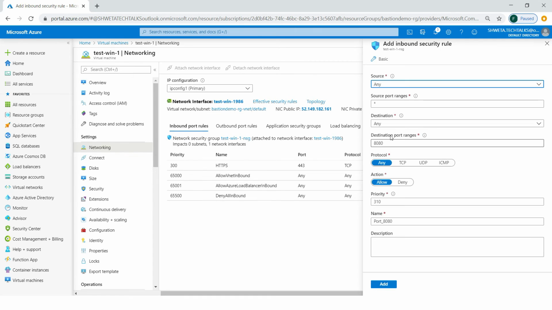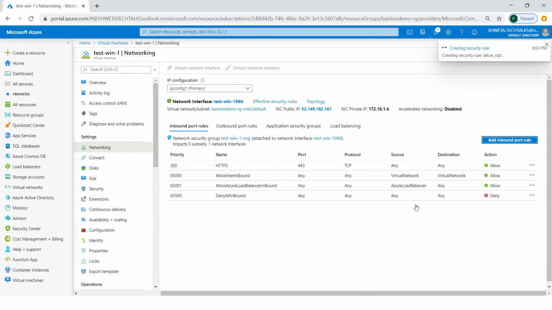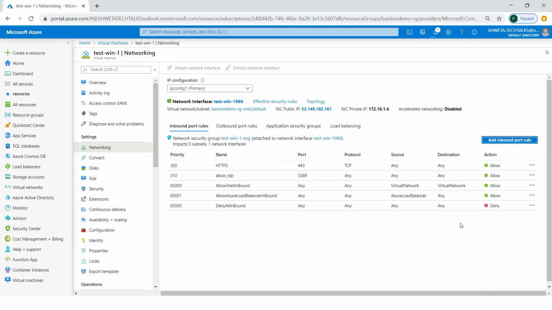Let's add an inbound port rule. Let's give 3389, allow RDP. So now it's creating a security rule for allowing inbound port rule. So the 3389 is now allowed.